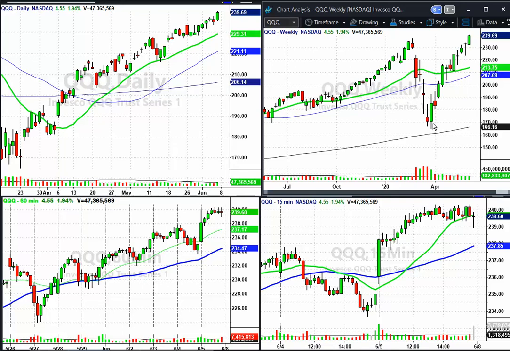Do I think we go down to these lows? I doubt it seriously. Do I think we can retrace 30% of this move that we've recently had here from 170 to 240? Absolutely. I think we would pull back to 220, 210, and then maybe set up to go higher. But I think a pullback is in order,